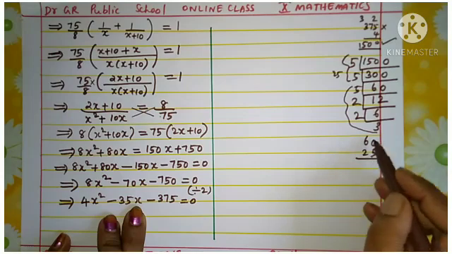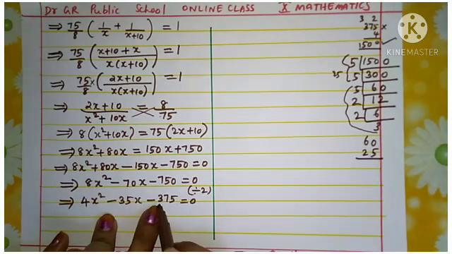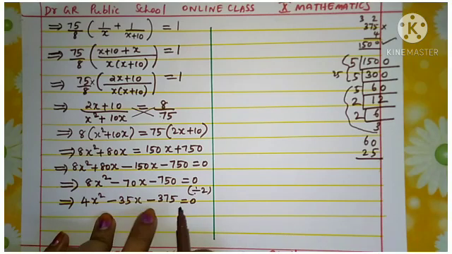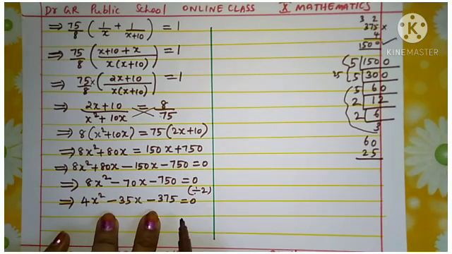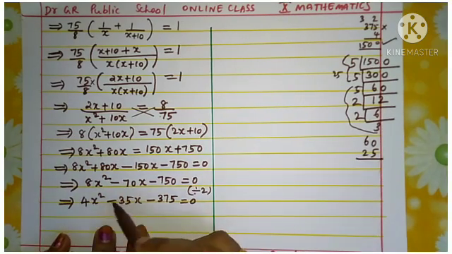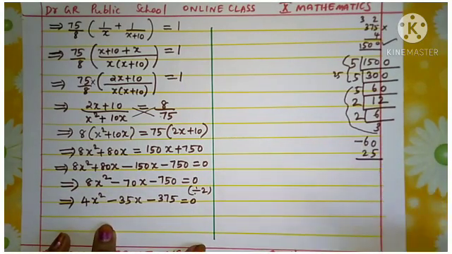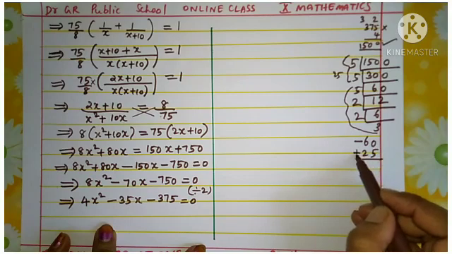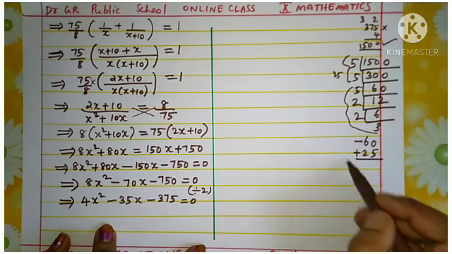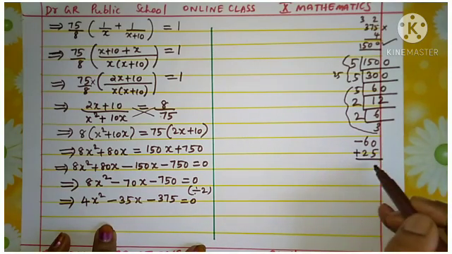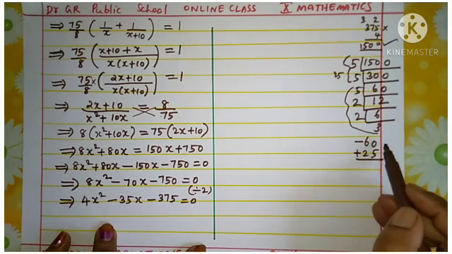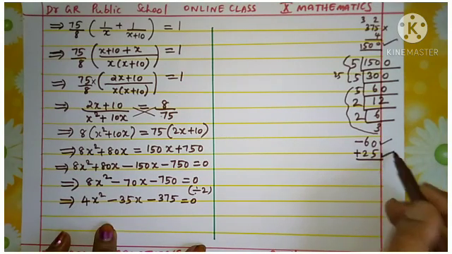And when you add these two, that is, here your product value is minus, so one number is negative and another is positive. But here in the sum we want a negative value, so the bigger number has the minus sign and the smaller number the plus sign. Okay, so these are the two required numbers. Understood? Minus 60 and plus 25.